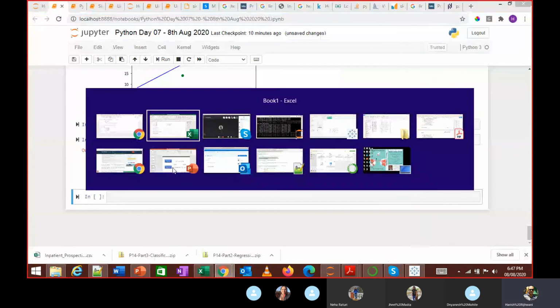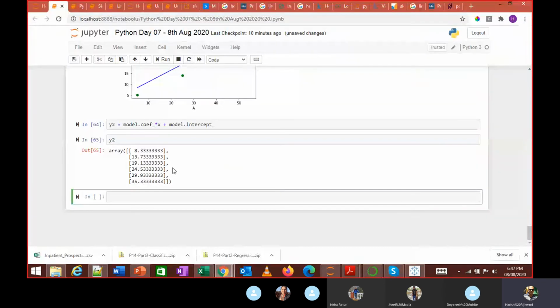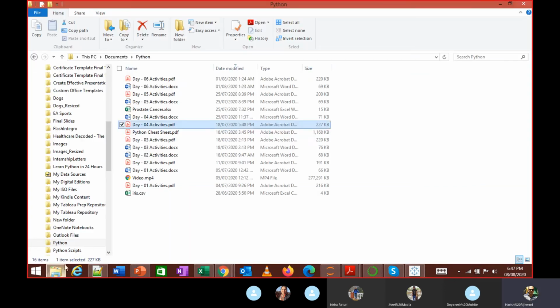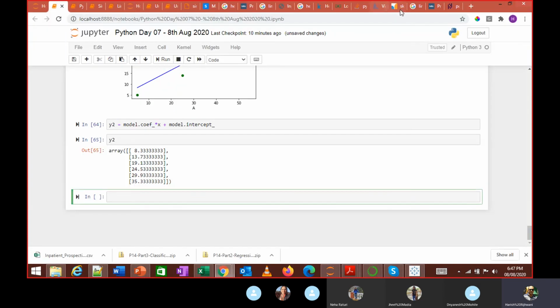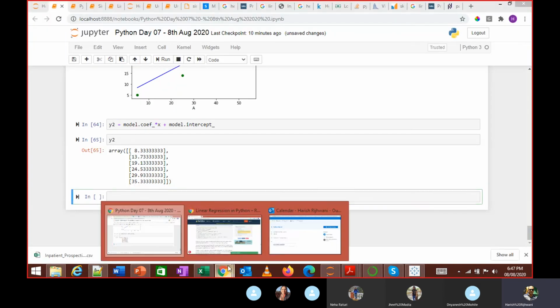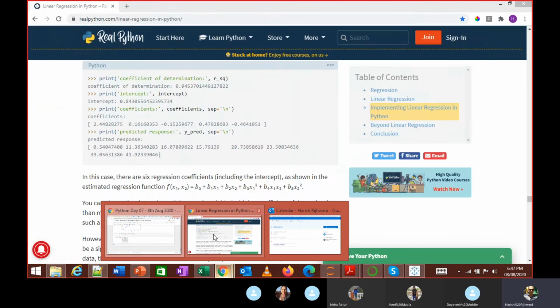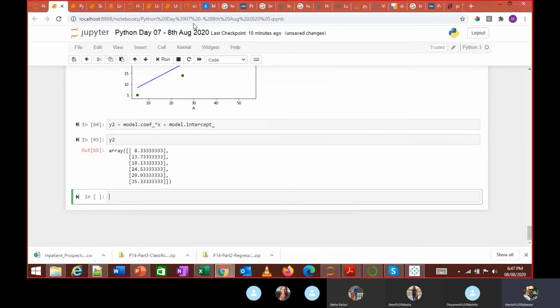Okay. So this is a very simple example of how you can do linear regression. What we're going to do now is, or do you want to try that on your own? Let me know. There is a file on the server, basically on the, where is it?